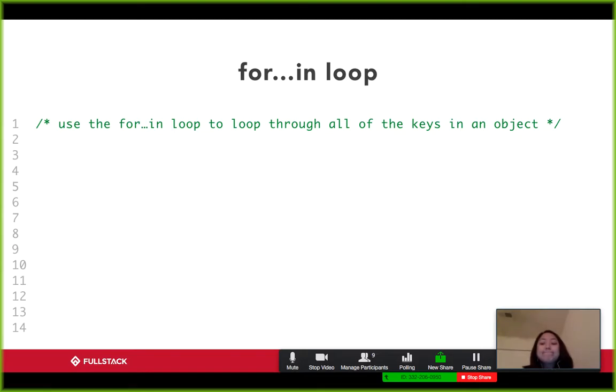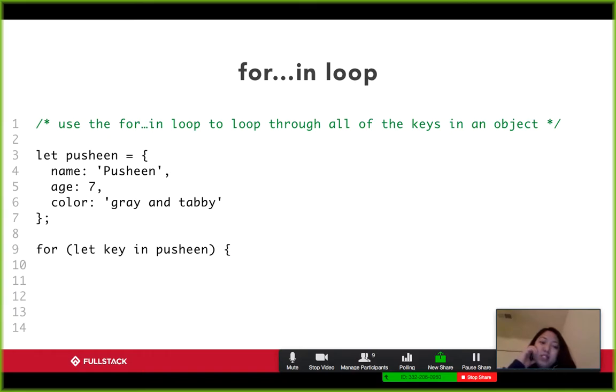Okay, so with an array, if I want to do something to every element in the array, I can loop through it based on the index and the length of the array. With an object, there's less things for me to do that by, and so one of the tools that JavaScript gives to you is this for in loop. What the for in loop basically does is it allows you to iterate through every single key in an object. So if I have this Pusheen object again, on line 9 there, if I do for let key in Pusheen, that's basically going to automatically, on my behalf, go through